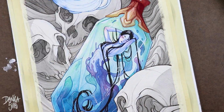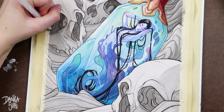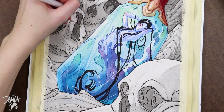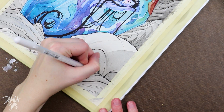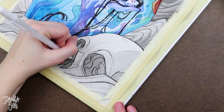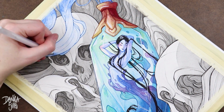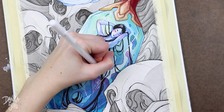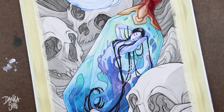But for this one, I was a lot more quick and expressive with it, and it got my idea of where the colors would be down, but it didn't really get how I was going to get there, especially since she's inside of a bottle. I wanted there to be a certain cast of the color of the bottle itself on her. But since I wanted the bottle to be a bit of like sea glass, so a look of green to it,